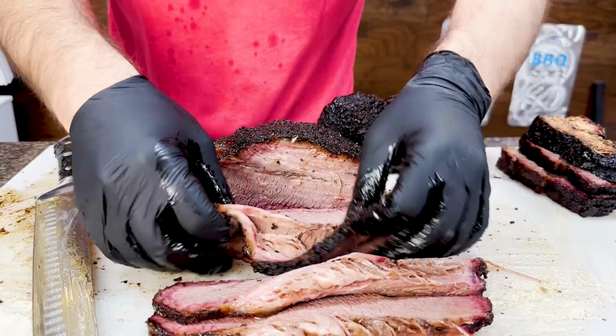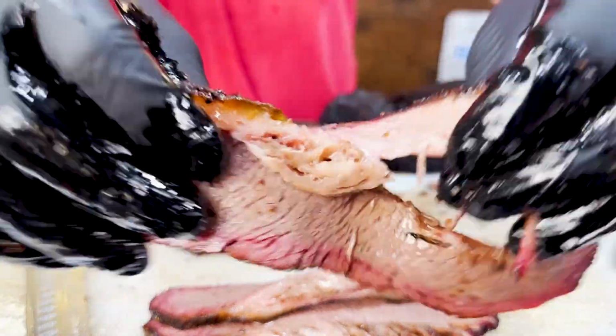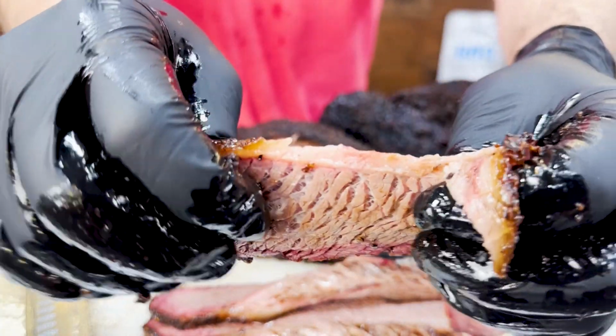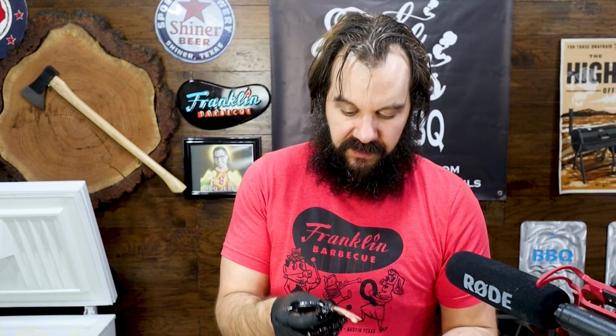Okay, let's take one of these pieces of the flat and we'll see if it pulls apart. Well, the seam fat obviously is going to pull apart, but oh yeah, that's amazing. It's a little bit of a tug. Actually, not that much. Let's see how it tastes. That's good. That's how I like it. Not too overcooked. It's not pot roasty. It's got a little bit of tug, but it still comes apart in your...